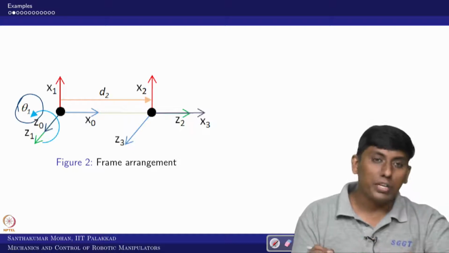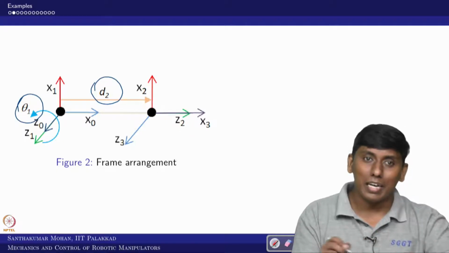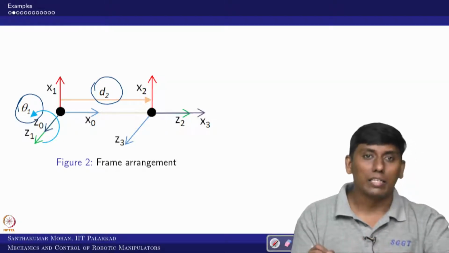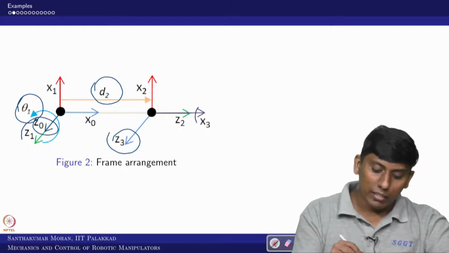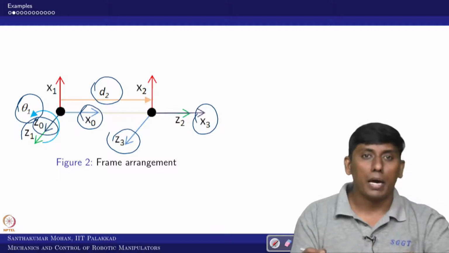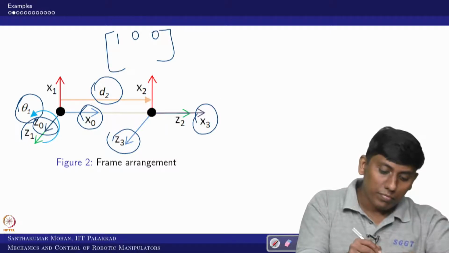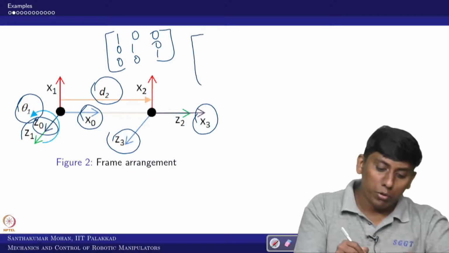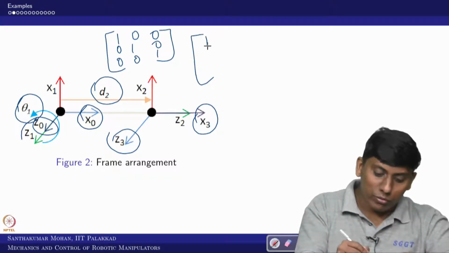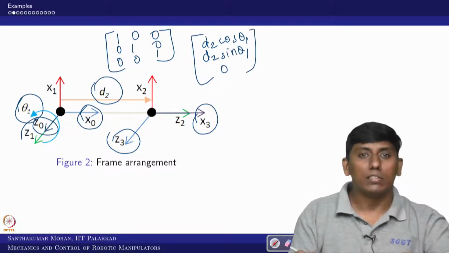Theta 1 is one of the variables, which is a rotary joint on the base, and d2 is a piston cylinder kind of arrangement which is sliding. Now Z3 and Z0 are parallel, okay, and x3 and x0 are also parallel. So what you can expect for your orientation matrix is the identity matrix, right. Your rotation matrix is identity. What would your position vector be? Your position vector is d2 cos theta 1, d2 sin theta 1 and 0. Whether we are getting this or not, we will see.